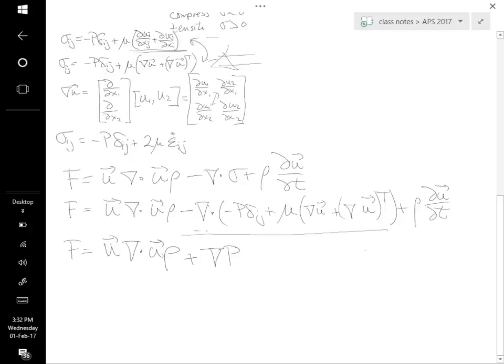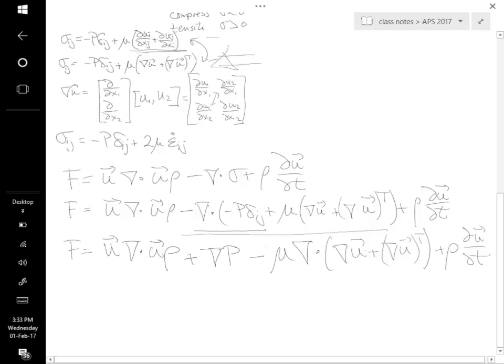So when we do this operation, because p is a scalar, we just get the gradient of p, and then we get minus, well, let's take the viscosity out. Okay, so now we want to do one more thing. We want to group these terms, and we'll write it like this. Over on this side, we'll bring the pressure gradient, and we'll bring this term here. So that becomes, and on the right hand side, we've got,